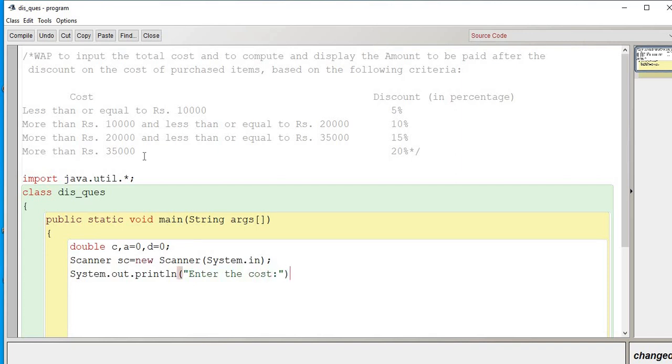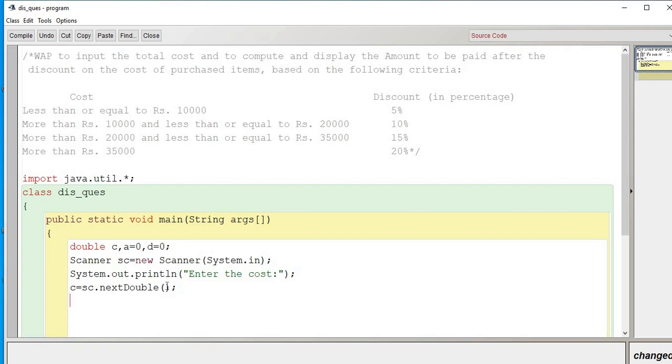This will be entered by the user. cost equals sc.nextDouble. Make sure that for int we use nextInt, so for double we use nextDouble.